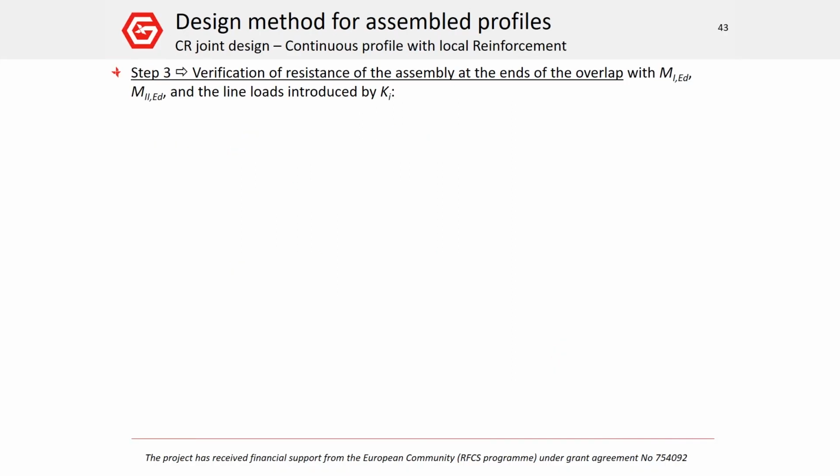Knowing moment distribution for step 1, it's possible to perform the step 3, consisting to verify the resistance of the assembly at the ends of the overlap. The applied load at the end must be first calculated using this relation. Under downward loading, this load is acting as a tension force on the webs, and the verification is subdivided in